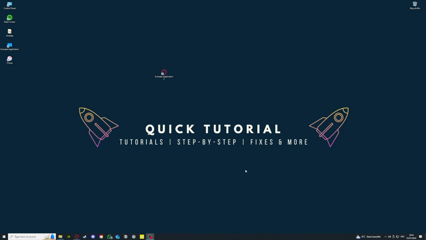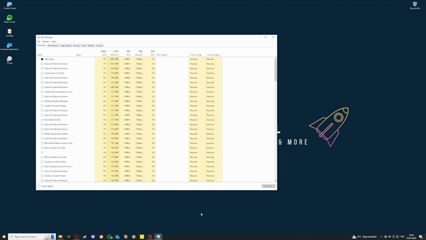Before we get into the video, I just want to say that I will show you some easy fixes that you might already have tried, for example, a restart. That's the first thing I'm going to mention, and later on I'm going to go more into the complex fixes which might help you prevent the crashing of the program. So yeah, let's start. First of all, I want to recommend you to open your task manager and check